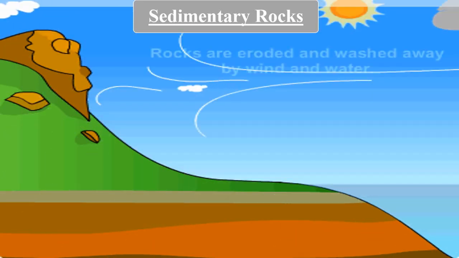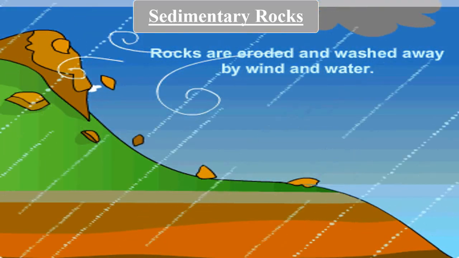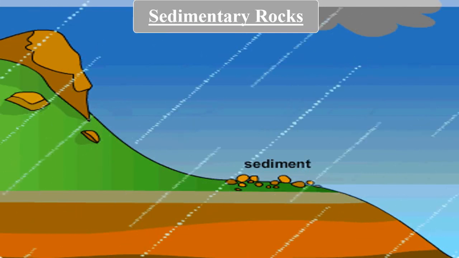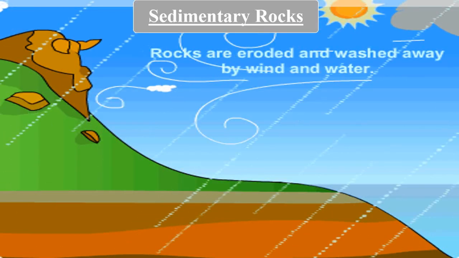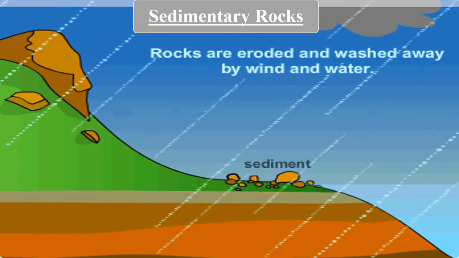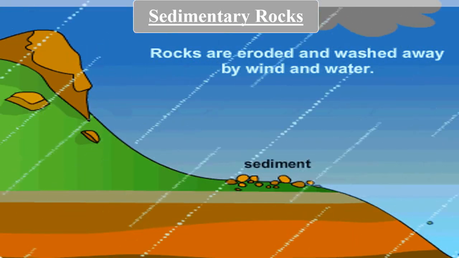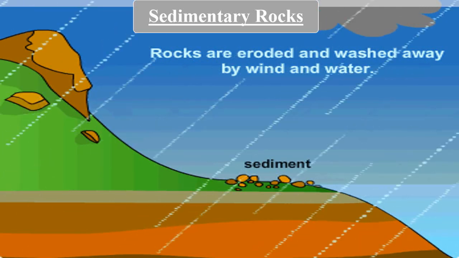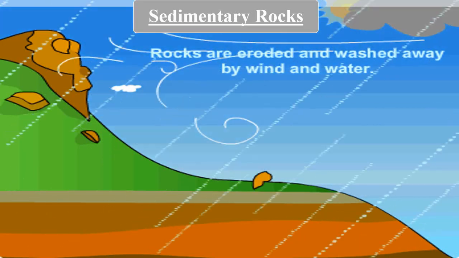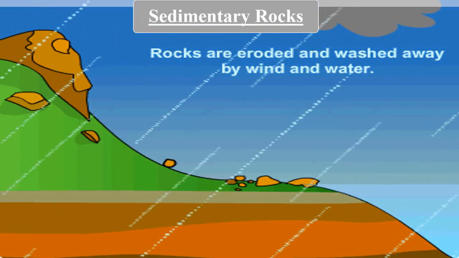Because of that, they break into small pieces. Now these small pieces get transported due to different factors such as the winds, the rains, the glaciers, the rivers, etc., and they get deposited in low lying areas, as in the bottom of the land or the sea. And one after the other, these layers or sediments keep getting together, and they get deposited